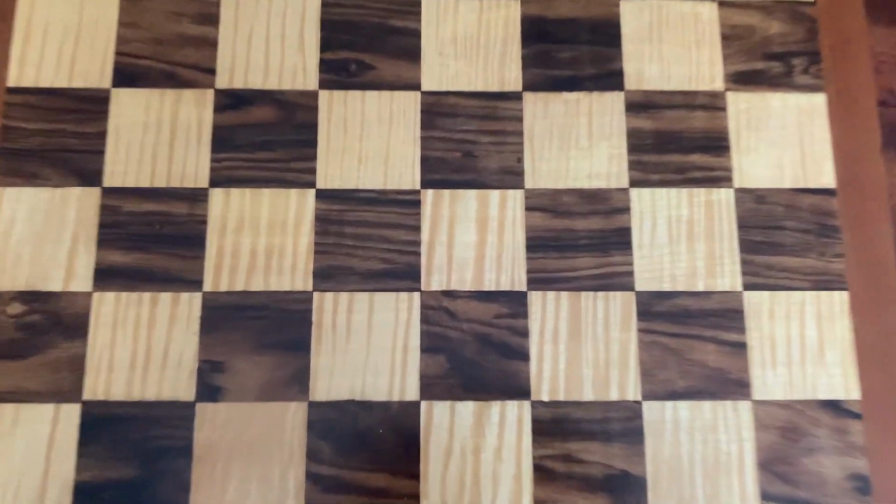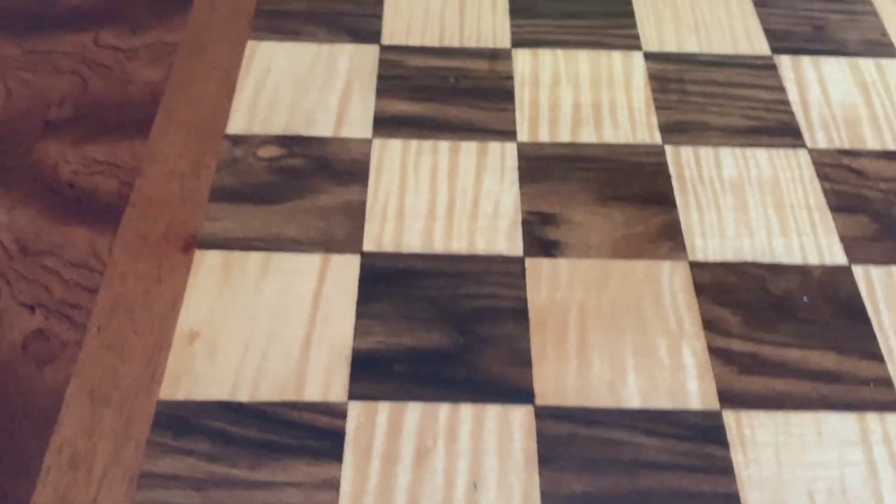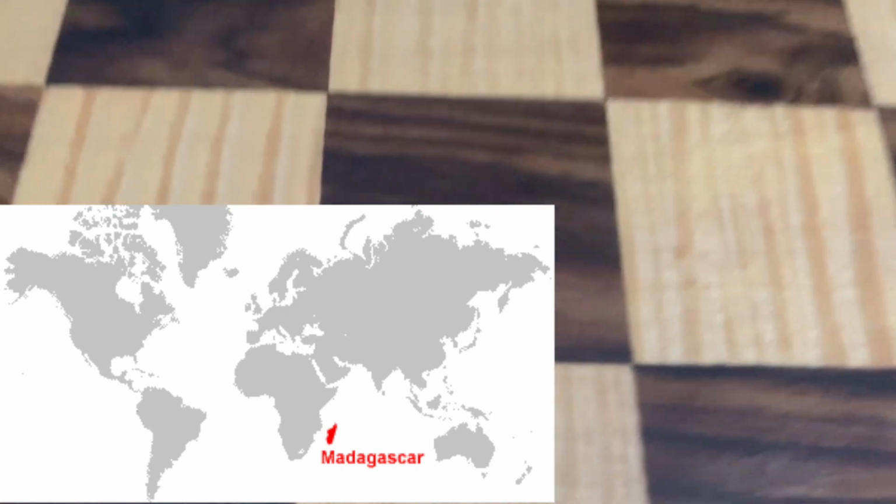So the dark squares here are also made from a wood from Africa. It's made from Palisander wood, which is also known as Madagascar Rosewood, Madagascar being a country, an island, a big island off the eastern shore of Africa. And of course, the light squares, the only domestic wood of this entire table, is walnut, Canadian walnut to be